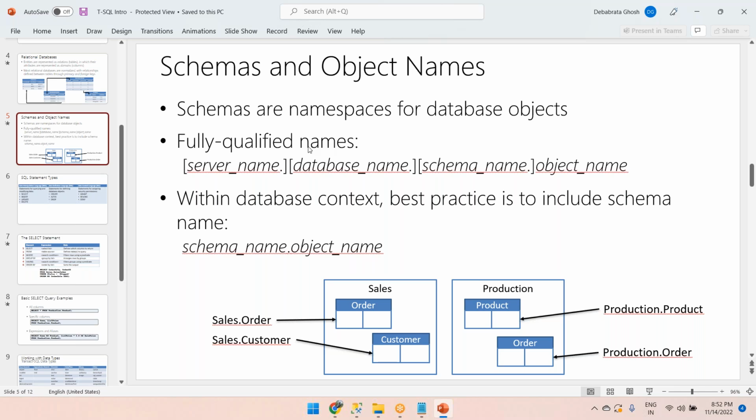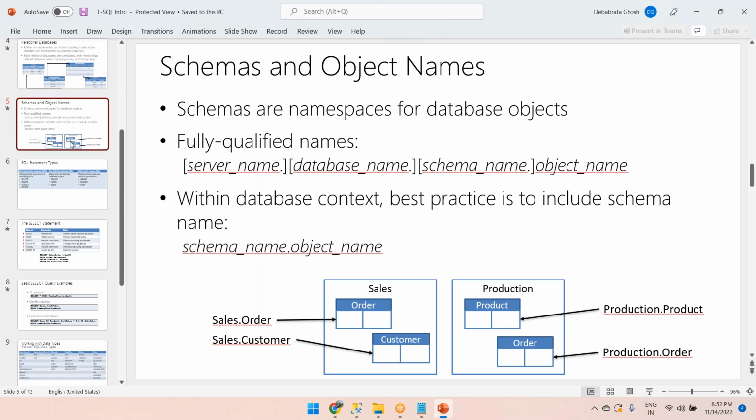Okay, any questions from this slide? Does anyone have any questions about schema or fully qualified names? All right,